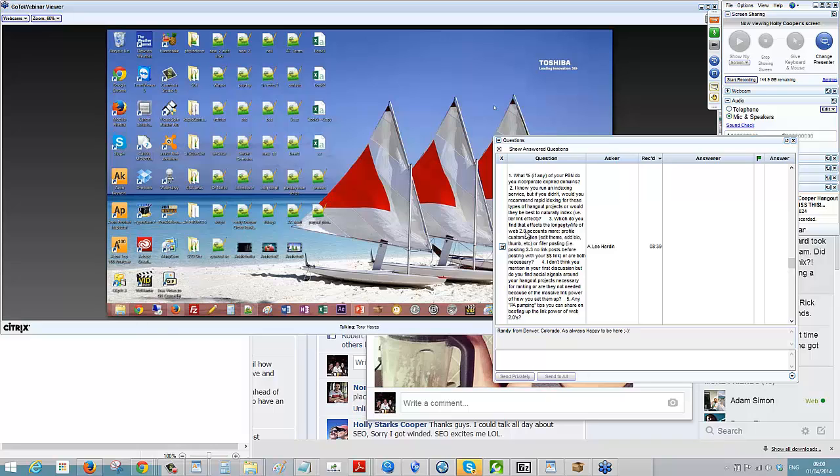Which do you find affects the longevity and lifespan of the Web 2.0 accounts more? Profile customization or filler posting, i.e. posting 2 or 3 no-link posts before posting with your dollar link? I'm not quite sure. I'm trying to make sense of that in a simple way to be able to explain it. I think he means like